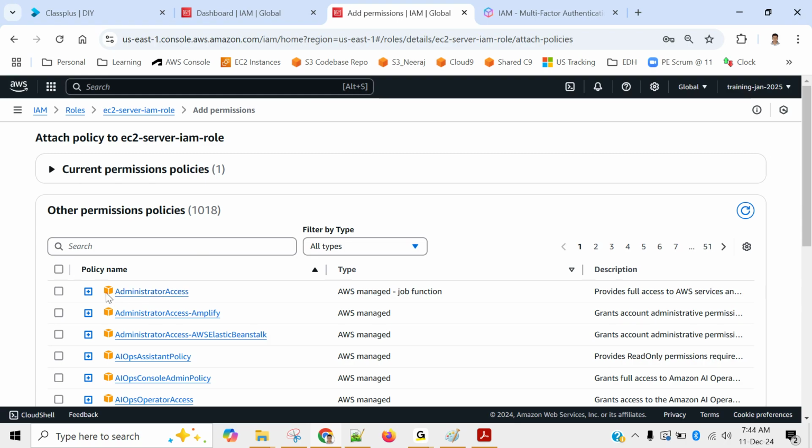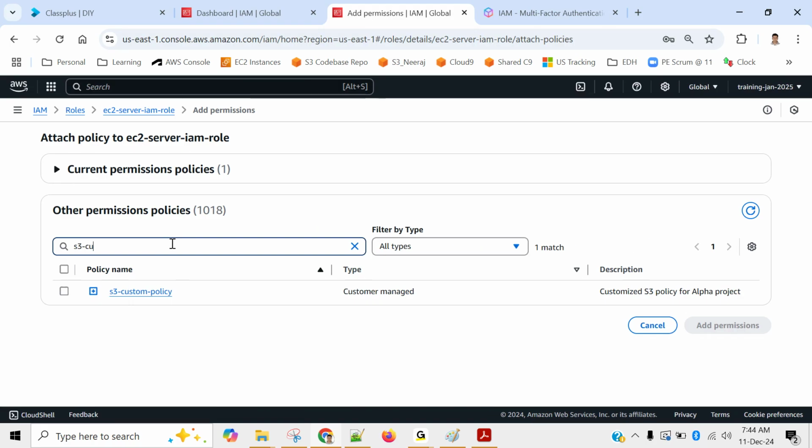That's the AWS symbol. And along with that, you will find the type is AWS managed. But if I search for mine, what was that? S3 custom. You see that the symbol is not there, and moreover the type is customer managed because we created that policy. So I will select this